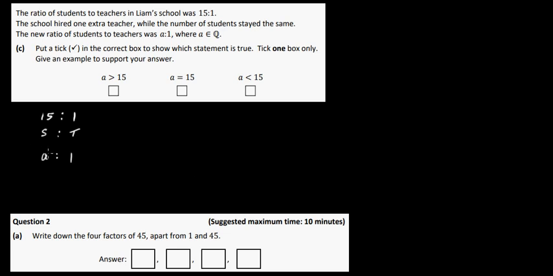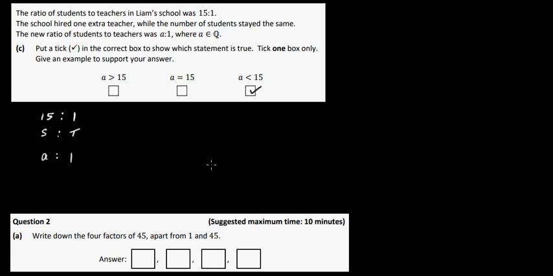Well, what's going to happen if you increase the number of teachers by 1, the part of the ratio that represents the students will actually decrease. So A will be less than 15. So an example of that would be,